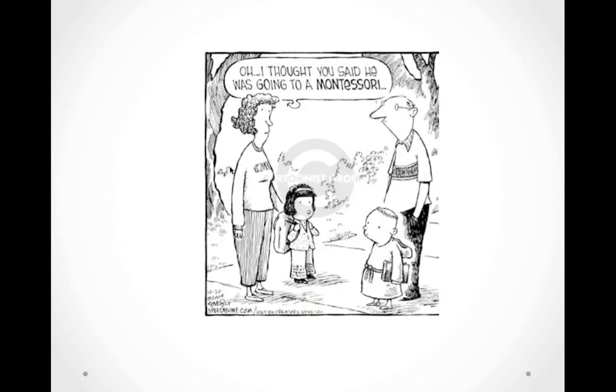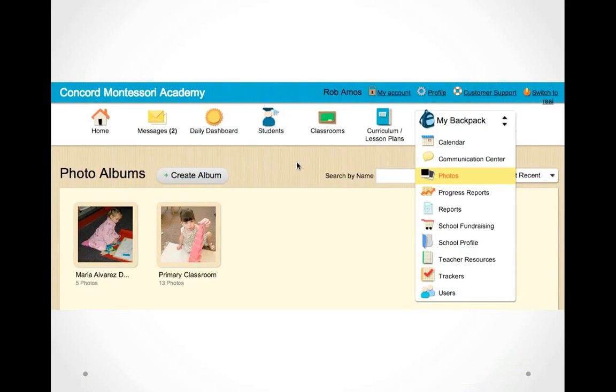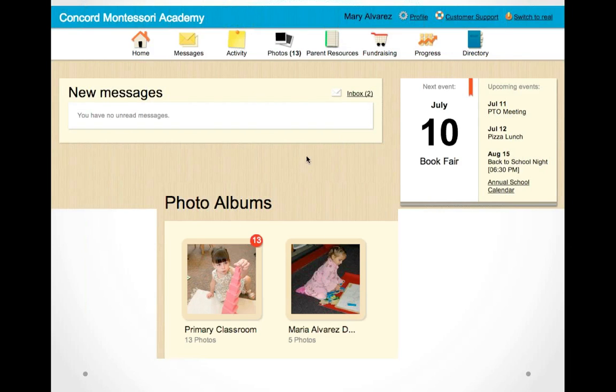I think we had some other things in here I want to show. We talked about the notifications, and I wanted to share them with you. Here I am looking at a parent site, and you see the photos icon in the upper navigation. It says photos, parentheses, 13. So I'm alerting a parent that there are 13 new images available to them that they have yet to view. When they click on the individual photo albums, they see another notification that indicates which one. There might be 20 different albums in here, and you can very clearly see the photos that are available to them.